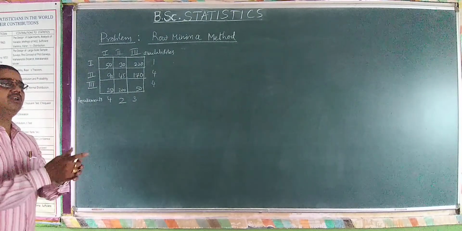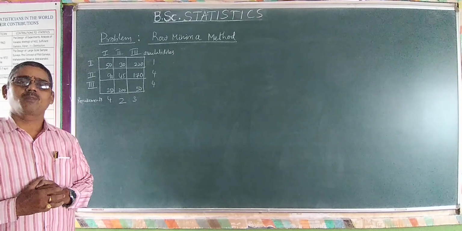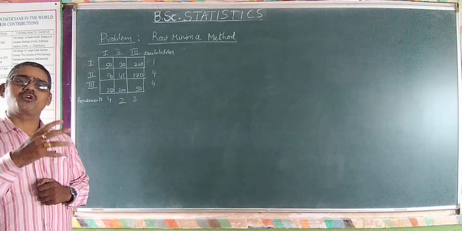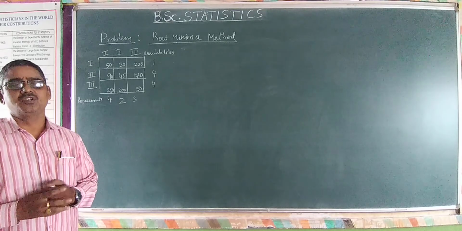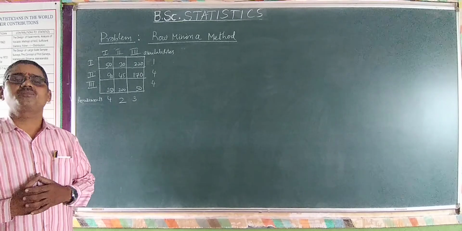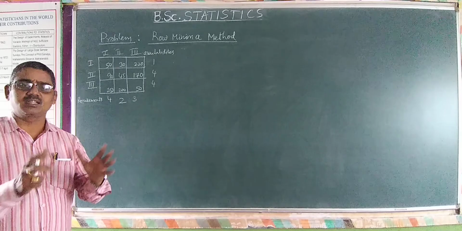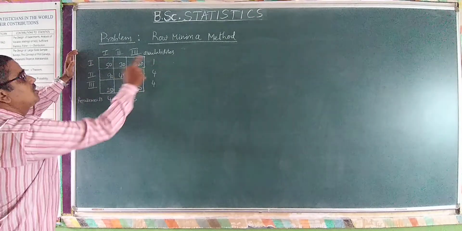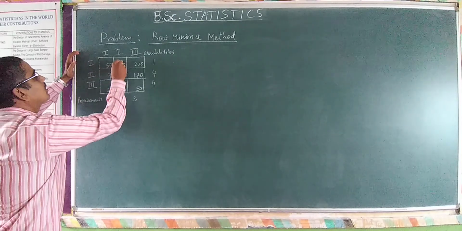The procedure is, first of all, you have to select the first row, and as much amount as possible is allocated in the selected row, in the cell having the minimum cost. Select the first row and select the minimum cost in the first row, and there you allocate as much quantity as possible. That is the meaning I am explaining here. You select the first row, in which the minimum cost is 30. Now the allocation is going to be made here.